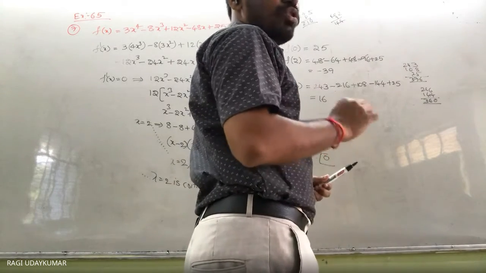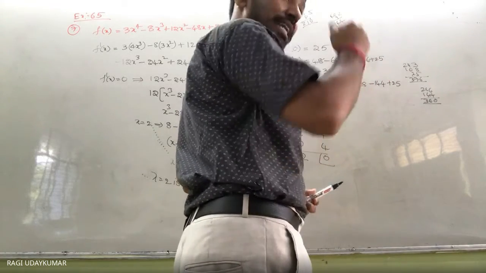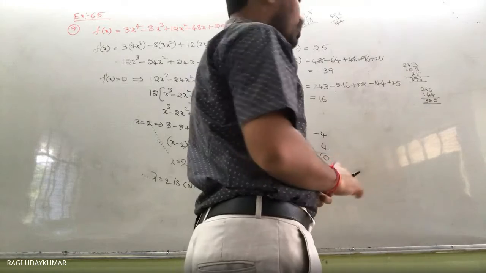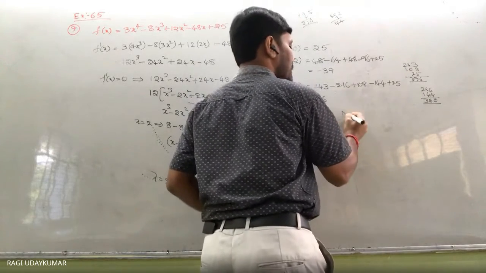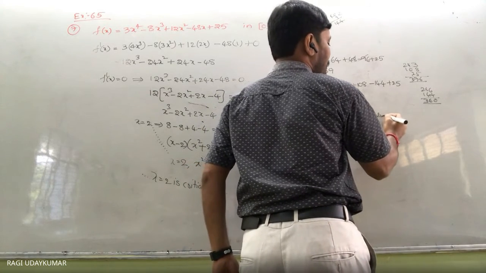What is the maximum value you are going to get? 25 is the maximum, so 0 को 25 आएगा, 2 को minus 39, उधर minimum आएगा. So the maximum value of the function is